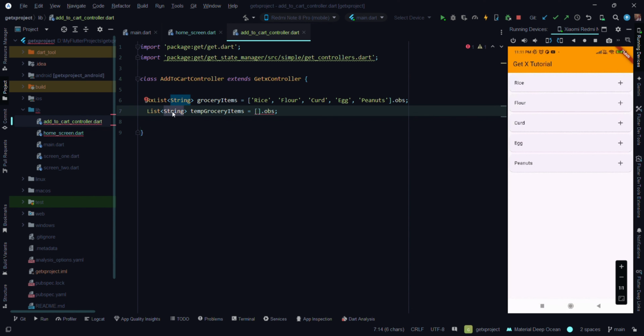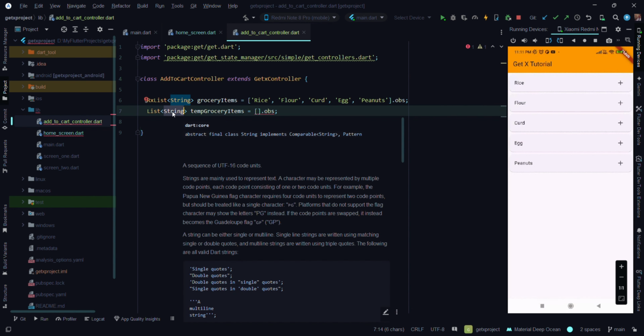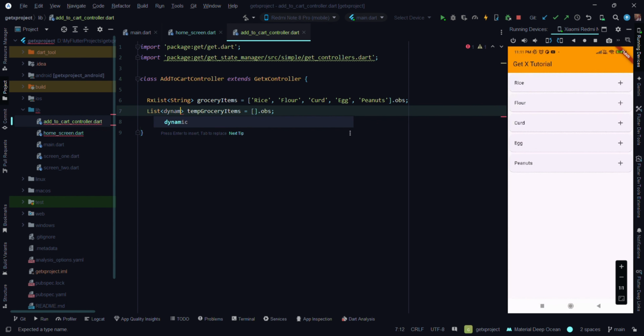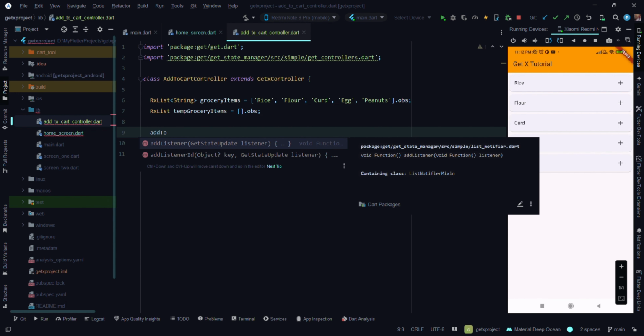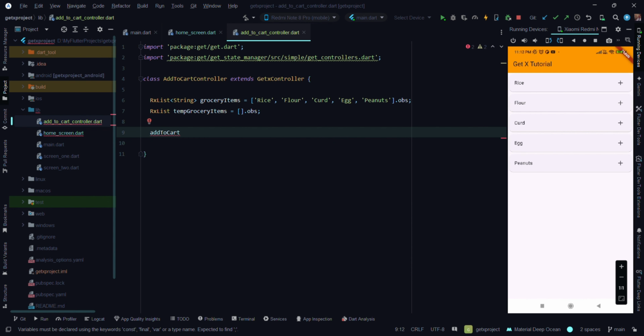That's why instead of this string, let's type here dynamic, remove this list, or we can remove this. Okay, after this we will create here two functions, one for adding our data in our list which is temp grocery items, and also another function when we will remove particular item from our list. So let's create function, add to cart,